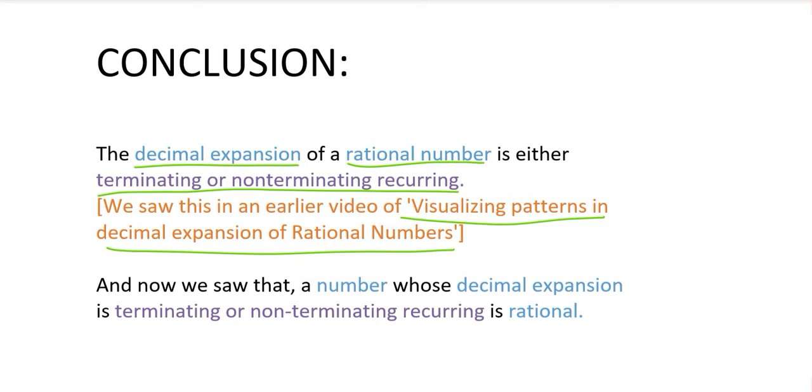Oh, what was I discussing? Yeah. And in the previous class, what did we discuss? I forgot actually. याद नहीं आ रहा. Oh yeah, in the previous class we discussed how these rational numbers will be terminating or non-terminating recurring. That thing we calculated by factorizing the denominator. ठीक है? And in today's class we have seen that any number whose decimal expansion is terminating or non-terminating recurring is a rational number.